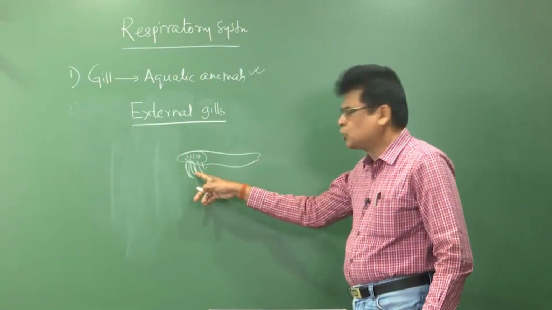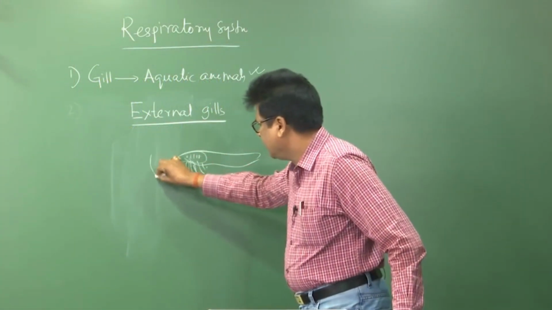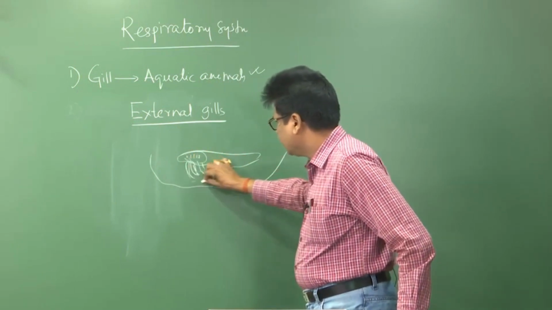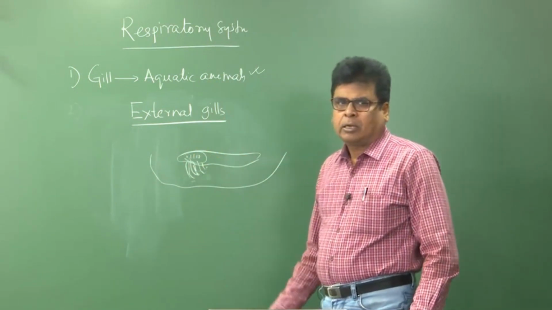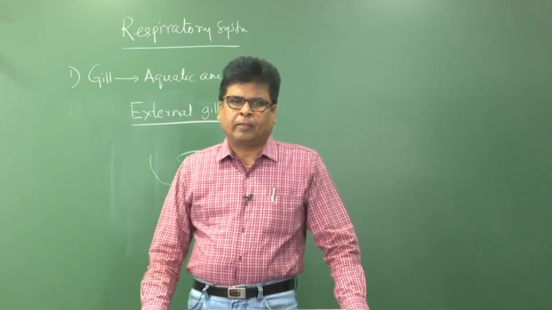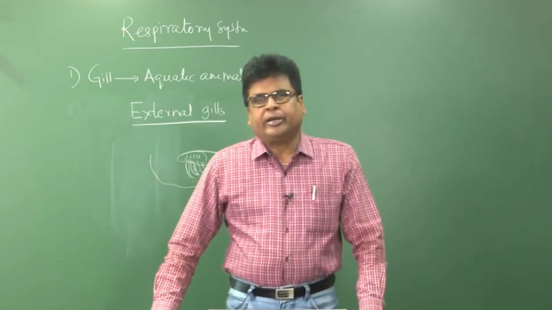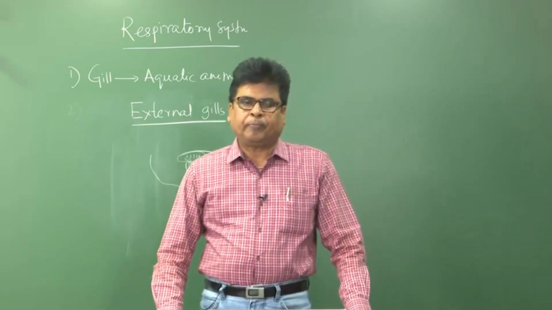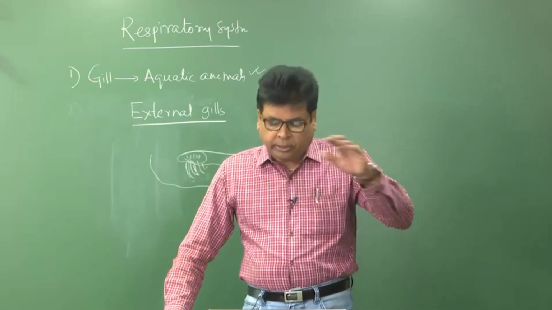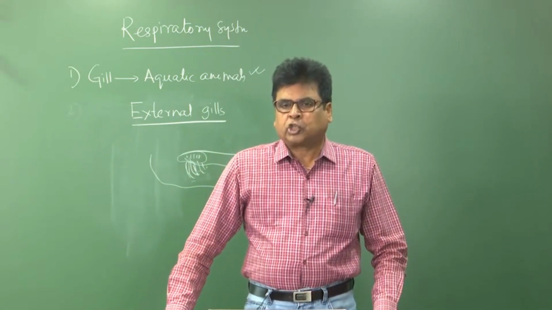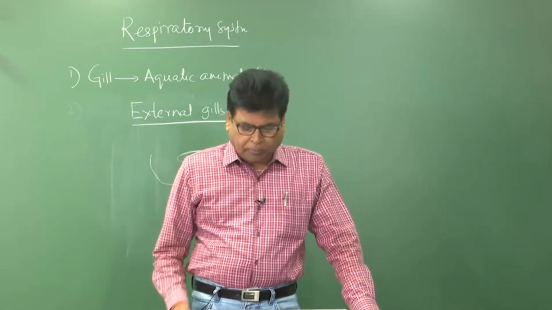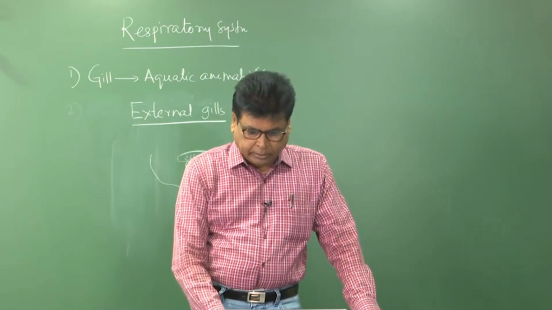So, you just imagine. These are the external gills. If this is the aquatic medium, whenever water comes in contact with these gills, then these gills are conducting the process of respiration. So, external gills come in direct contact with the water, and an exchange of gases generally occurs through the surface of the external gill or through the epithelial lining of the external gill. By this way these gills are very much helpful.